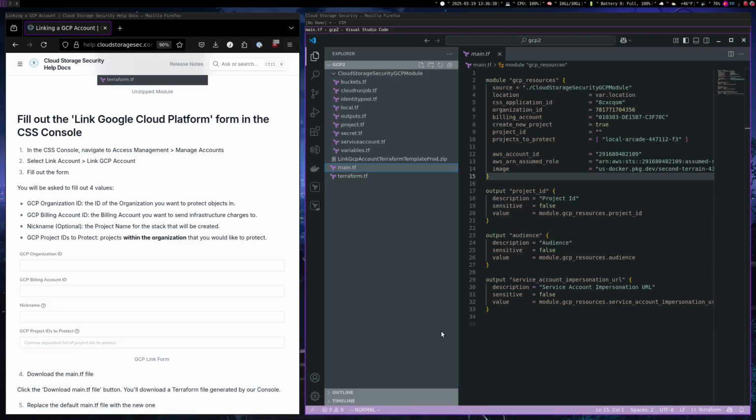Okay. As you can see here, this main.tf file now has the application ID and billing account, organization ID, and other details that we've placed into the Cloud Storage Security Console. Now that we have these pieces ready to go,